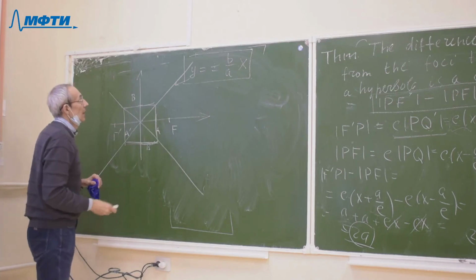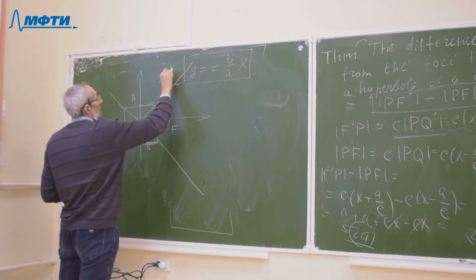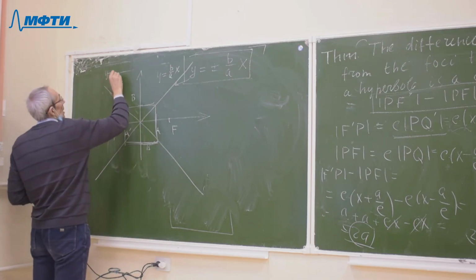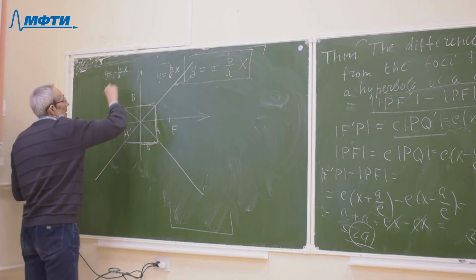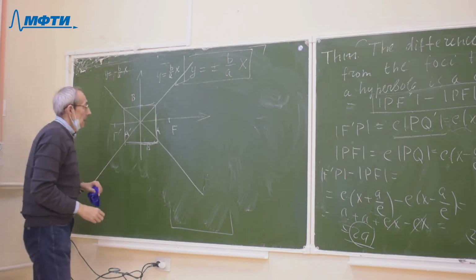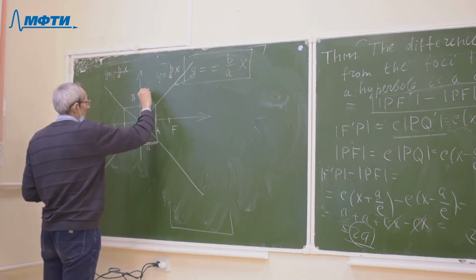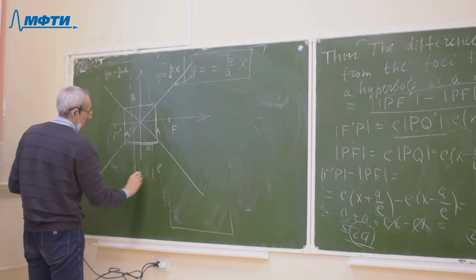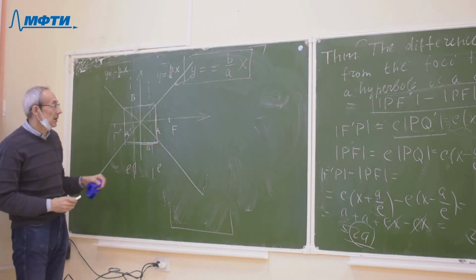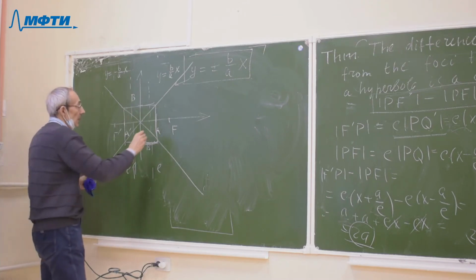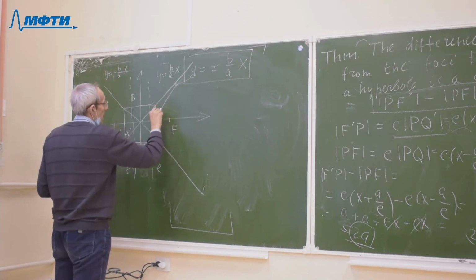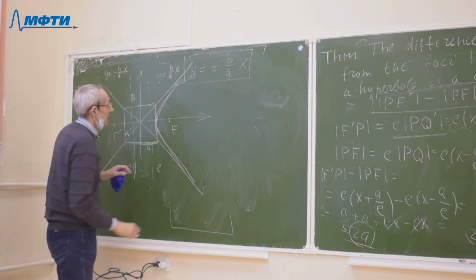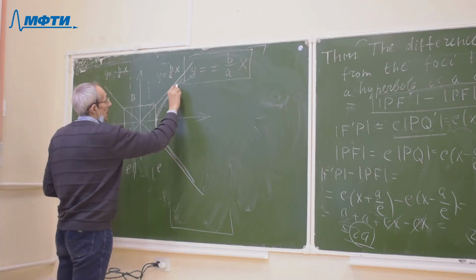This straight line y is equal to a times x, and this straight line is minus a times x. And we have L and L prime, our directrices. And the first branch of the hyperbola has the following